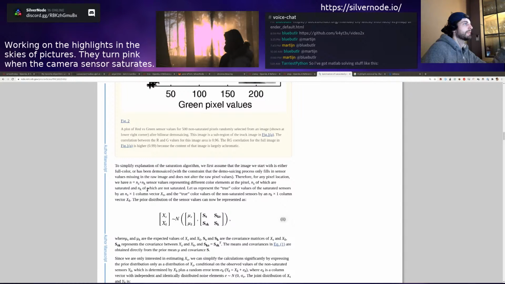In the pixel, yeah. Let us represent the true color values of the saturated sensors by an n times 1 column. Okay, let's reread that. Let us represent the true color values of the saturated sensor